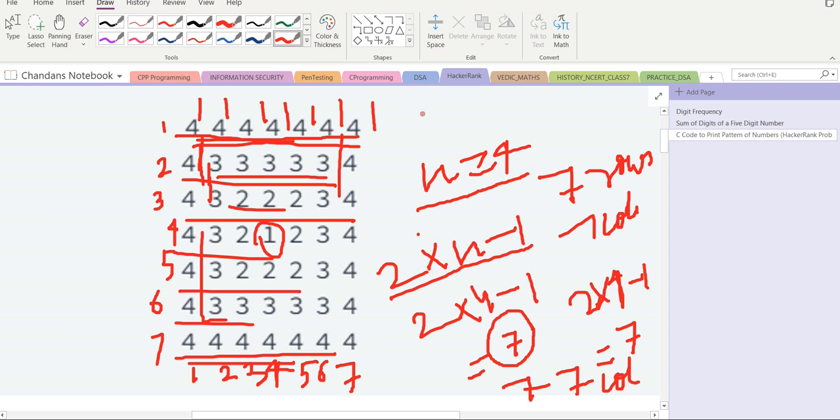So what is happening? It's happening in a concentric pattern.